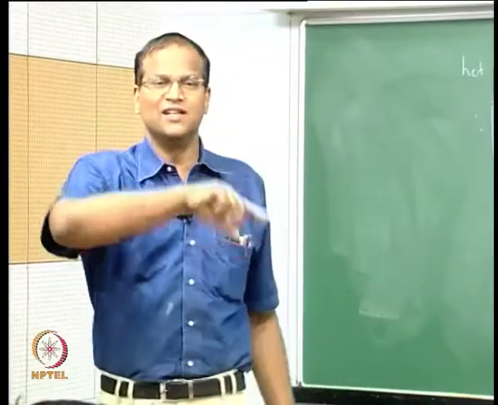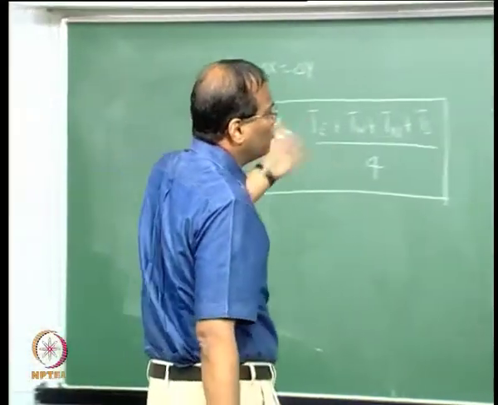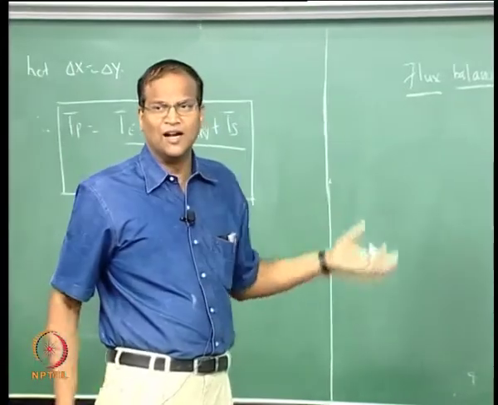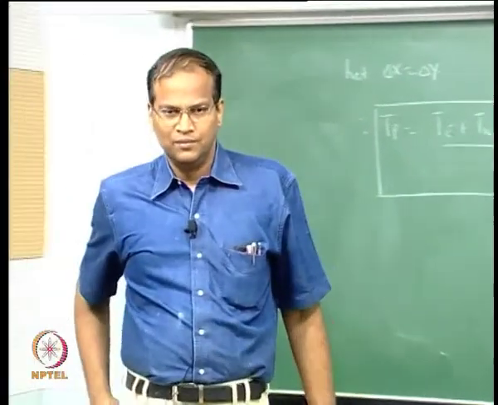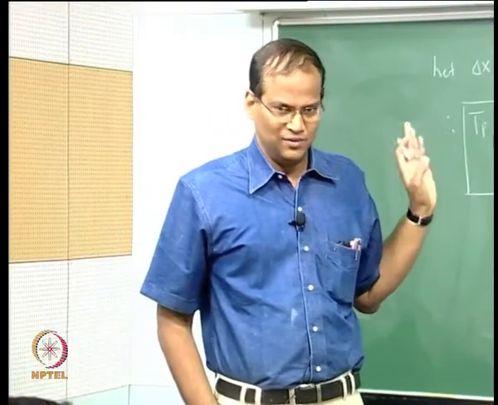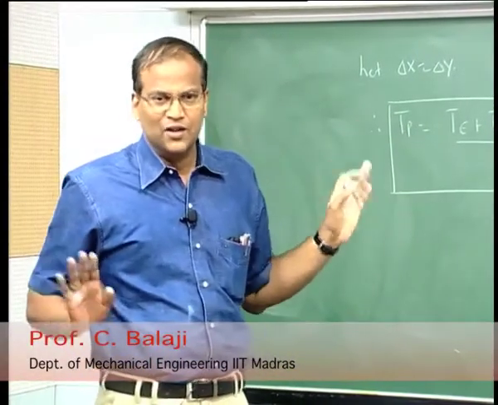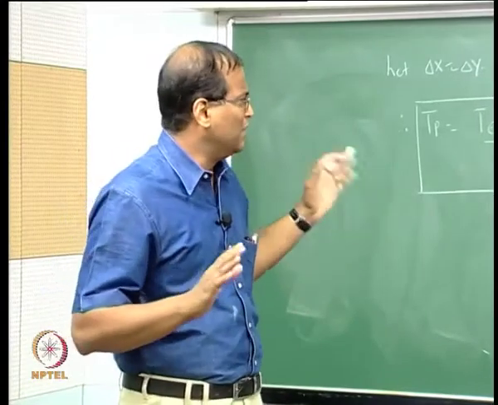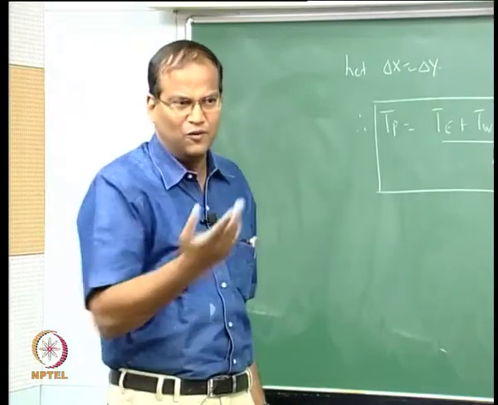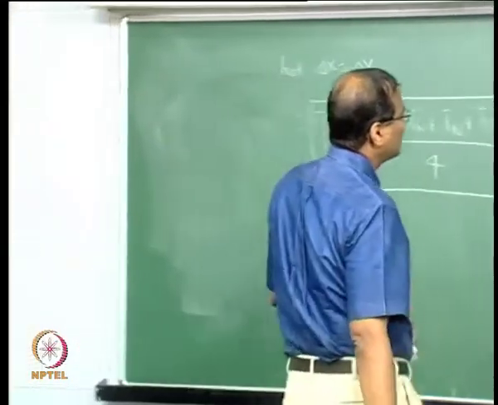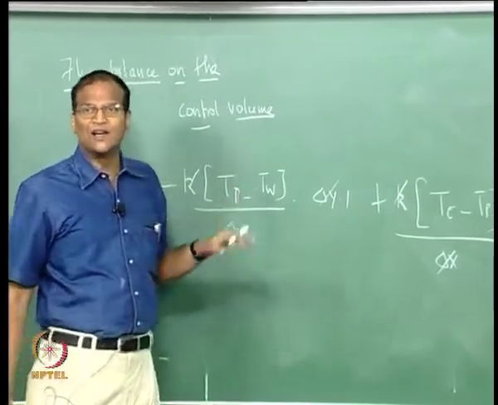They will not use the Taylor series, but here we are using the Taylor series. So, for a constant delta x equal to delta y and all that, after some time you do not know what is the difference, whether it is finite difference or finite volume. So it is finite volume based finite differences, is that clear? This is more rigorous, but basically you do not start from some governing equation. The governing equation basically will be the differential form of this, but you are actually working on the integral form of this.